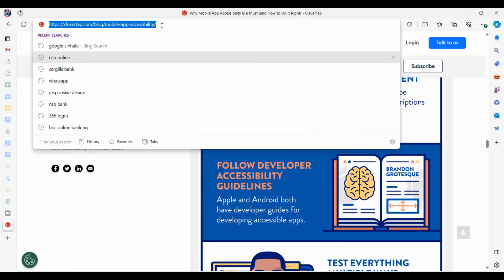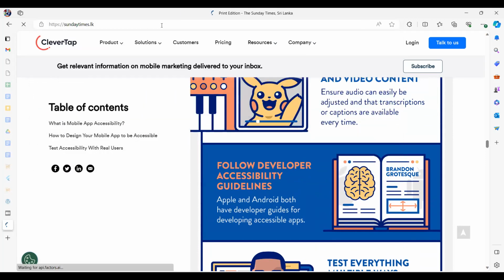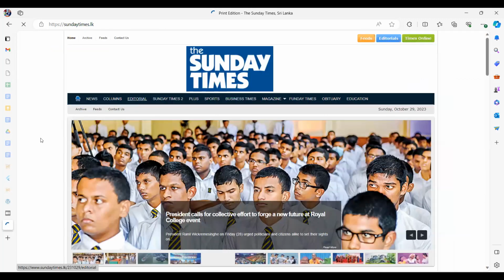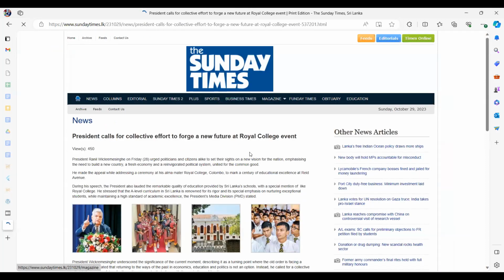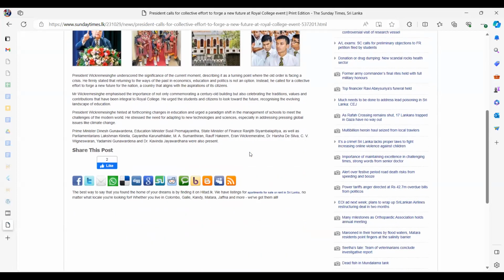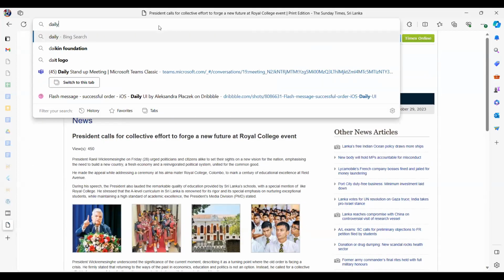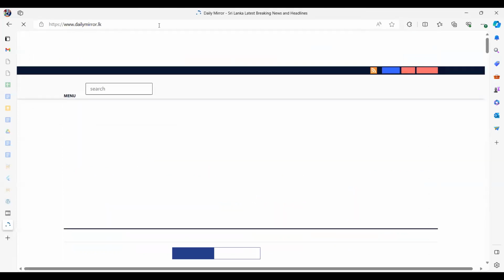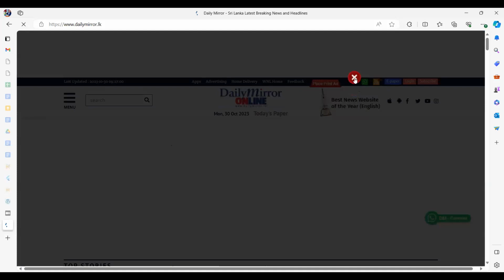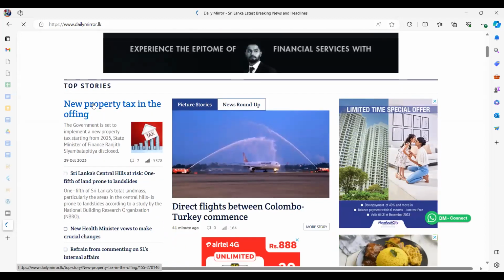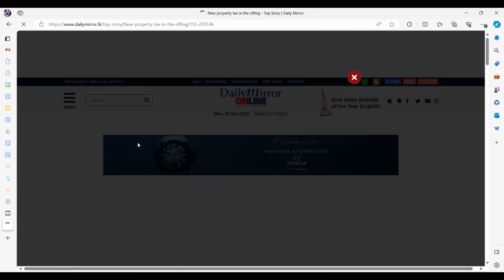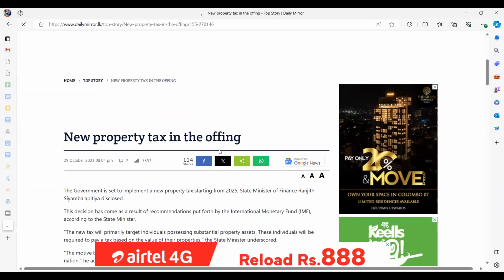Let me see. I think there was a Sri Lankan newspaper. Oh yeah, here it is.